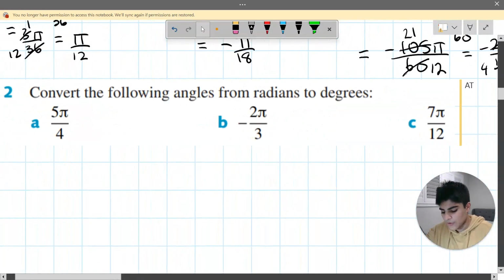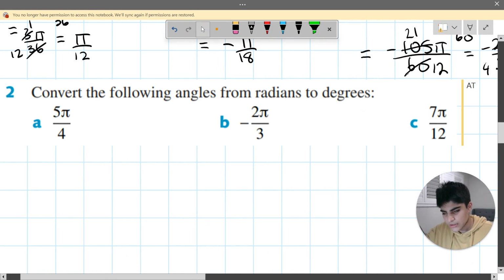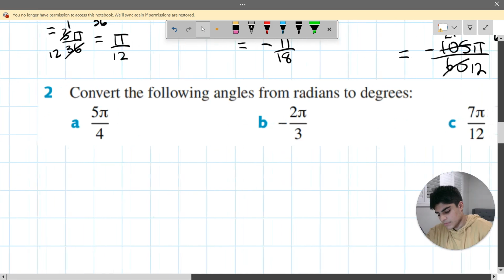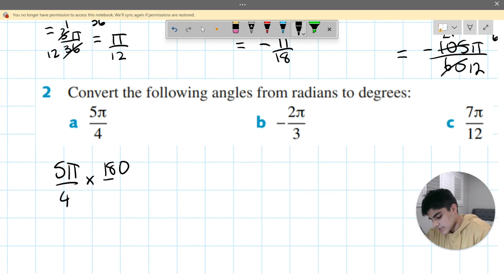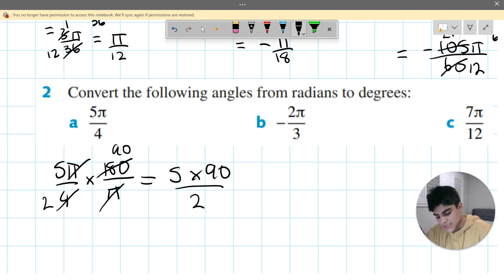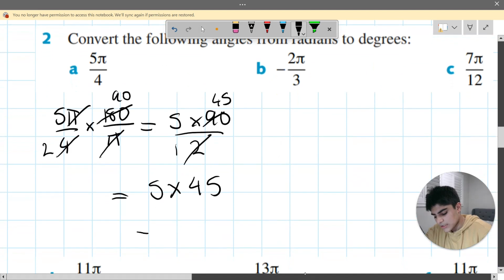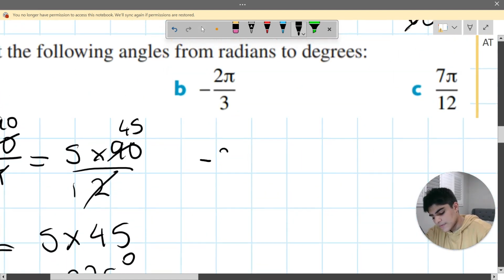Next, convert the following angles from radians to degrees. Now let's use the other formula. 5 pi on 4 times 180 over pi this time equals, let's cancel pi. Common factor here is 2, 90. This equals 5 times 90 over 2. Let's divide again. 1, 45. This equals 5 times 45. This equals 225 degrees. Next, negative 2 pi on 3